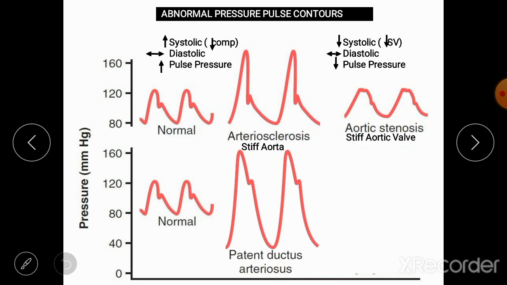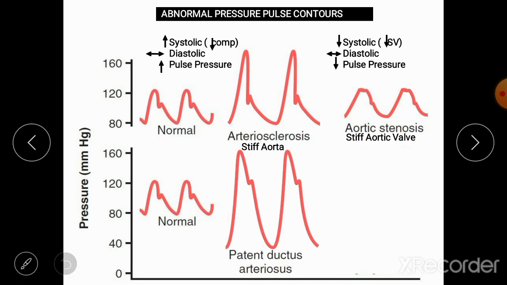And you can see that instead of 80, the diastolic blood pressure falls to 40 millimeter mercury, because the blood has found an additional pathway to divert to and moves into this pathway, resulting in reduced pressure in the aorta